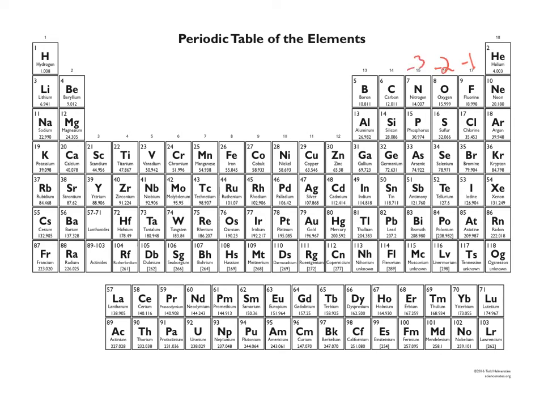Nitrogen, -3. I think it's important to remember the dividing line between metals and nonmetals. Arsenic is a metalloid, so it can do a lot of different things, but nitrogen and phosphorus like to be -3. Oxygen, sulfur, selenium like to be -2, and our halogens like to be -1. Carbon, I think we see less often as a -4, but we certainly see it. All of the nonmetals, we are able to predict what their charges are going to be when they form ions.